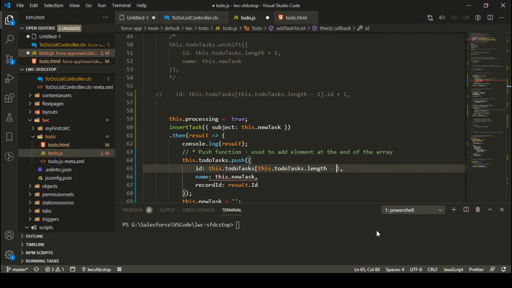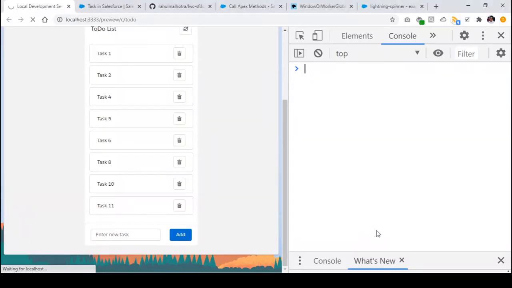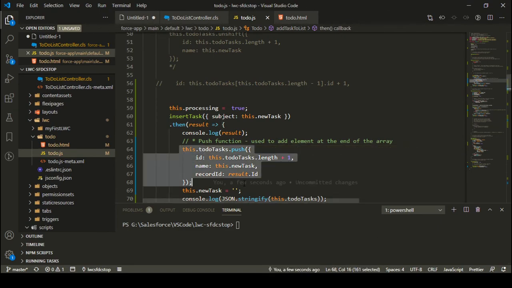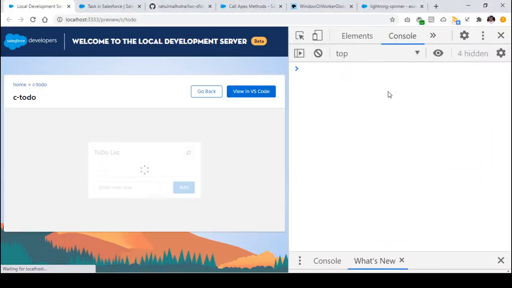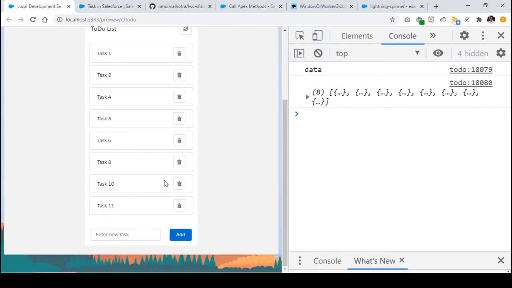So previously we had this.todoTask.length + 1, and I was setting up the ID like this only, right? Okay. So let's see what kind of impact I can have if I'm not taking this into account, and in case I'm using this overall code only. Will I be getting any error in JavaScript only, or there can be any error on the Salesforce side as well? I want to see that, right?